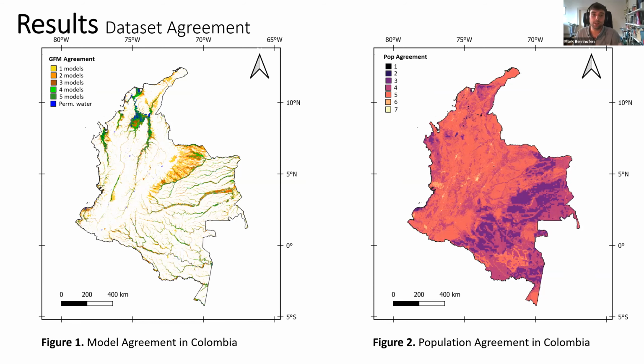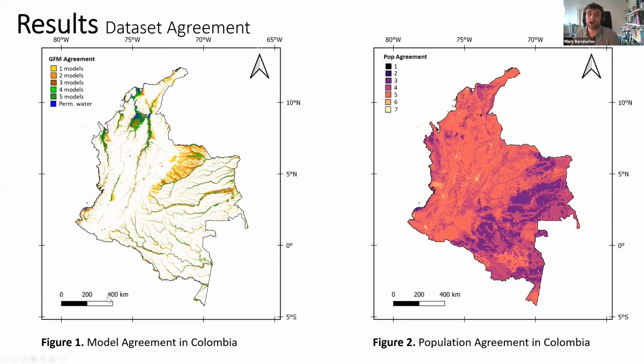We also found that urban areas saw greater agreement than rural areas. And this is largely due to the different approaches that the data sets take to mapping rural populations. So the data sets can be either constrained or unconstrained. Constrained population data sets distribute census data only over identified settlements, while unconstrained population data sets spread some residual census data over an uninhabited area under the assumption that not all rural settlements can be identified from satellite imagery globally. And that's why you have these large patches of dark purple in Southeast Colombia.